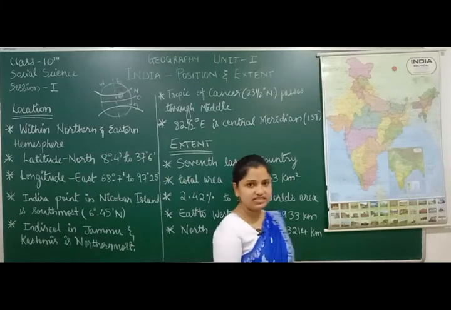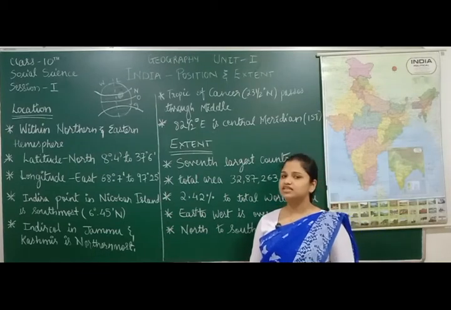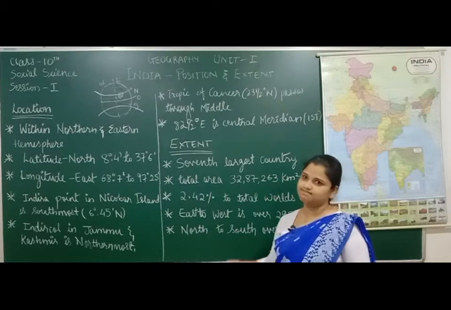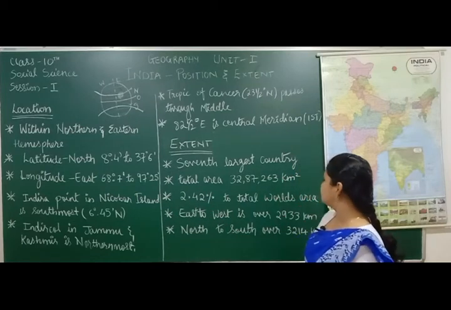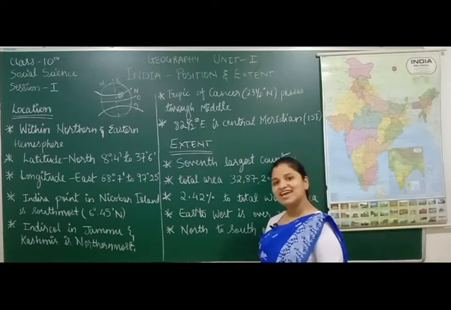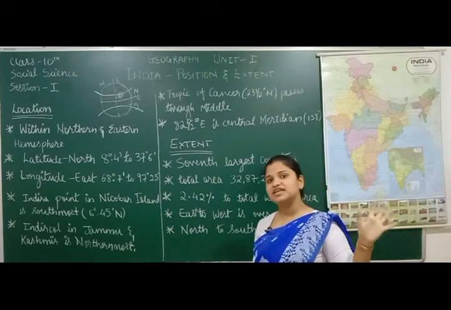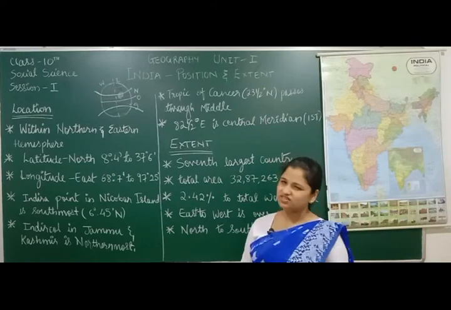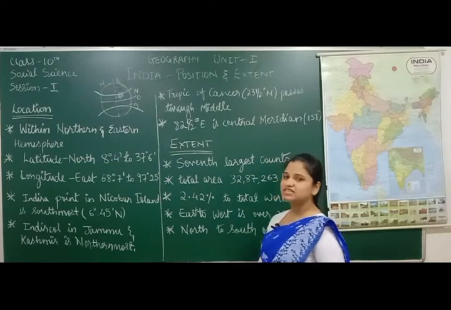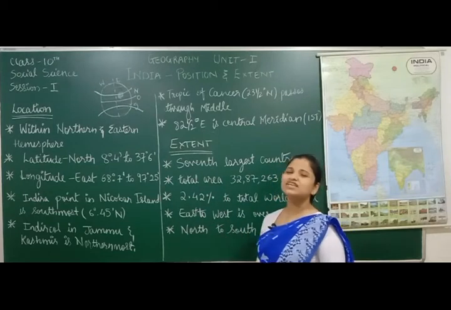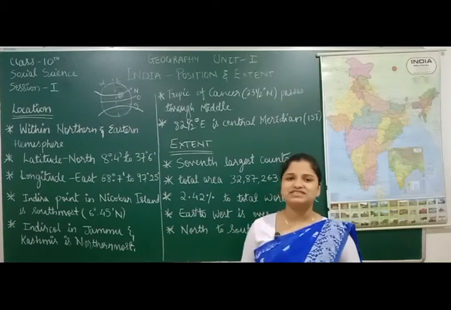India occupies 2.42%, it's not even 2.5, it's a little less, 0.08 less. So 2.42% of the total world's area lies in India. India is taking so much space? Out of 100%, it is taking 2.4. It's not much, right? It's very small. Though India is the 7th largest country, the area taken by India is very little. Out of 100%, it's taking only 2.42%. That's so little.